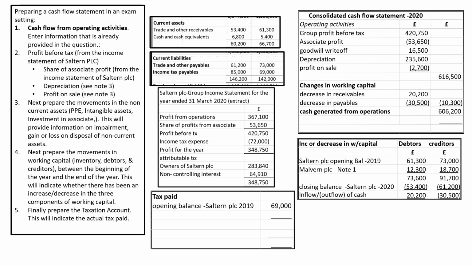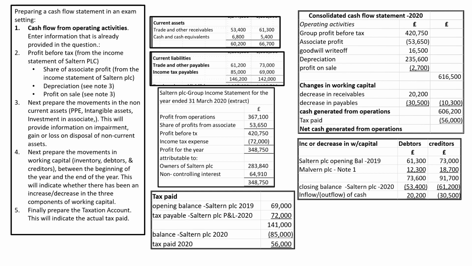So again, the opening balance, 69,000. The tax payable from Salton profit and loss account or income account, which is 72,000. We add them up, and then we take the closing balance, which is 85,000. So effectively the difference is a tax paid of 56,000, and we can slot that into the cash flow statement for operating activities, giving us a net cash generated from operation of